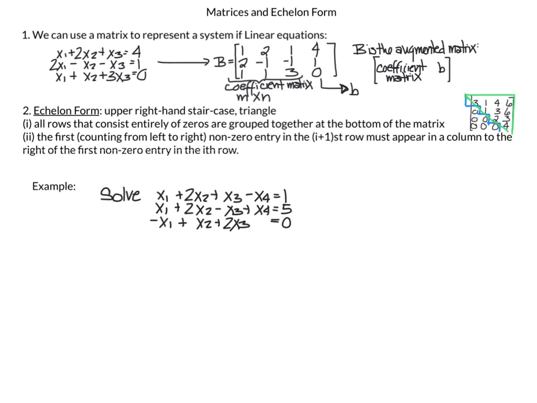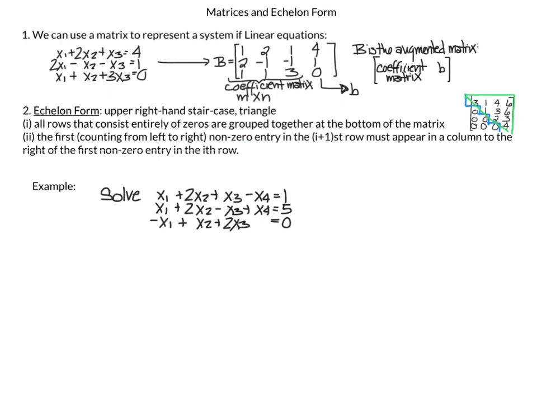Formally, echelon form is defined as follows. All rows that consist entirely of zeros are grouped together at the bottom of the matrix. Here we don't have any rows entirely of zeros, but if we did, we would just put them at the bottom. And then the next condition is the first, and we're counting from left to right, non-zero entry